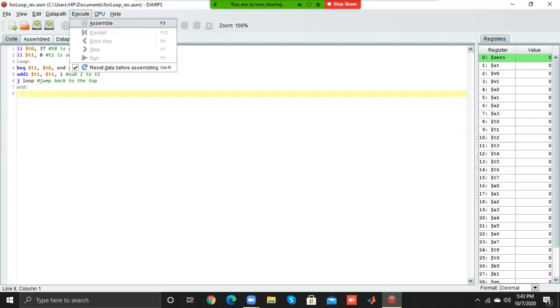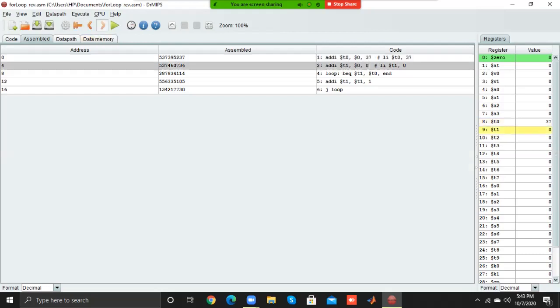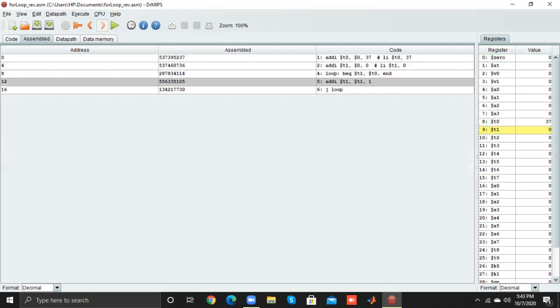After executing the assemble, we can see that the T0 register has the 37 value and the T1 register has the 0 value. We execute step by step.